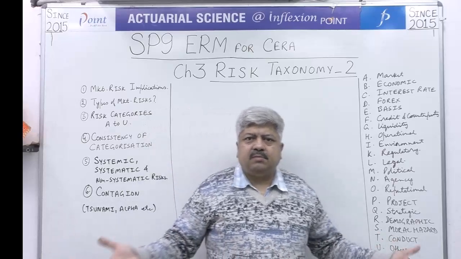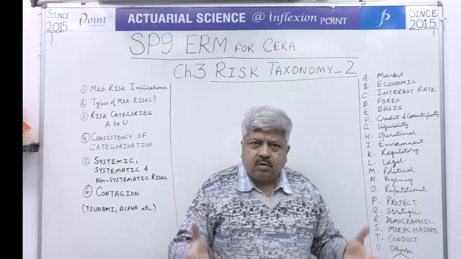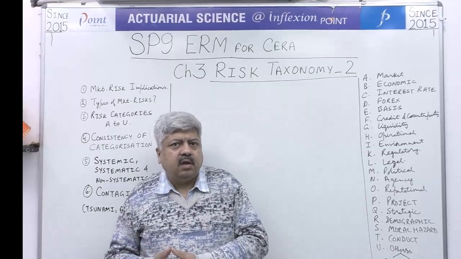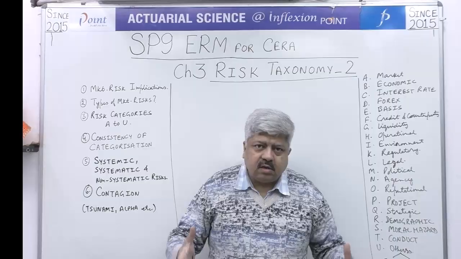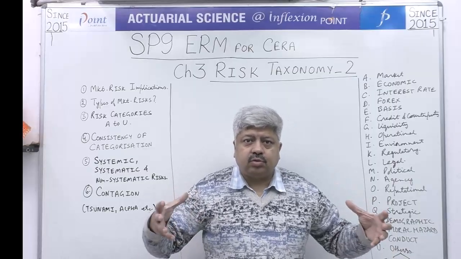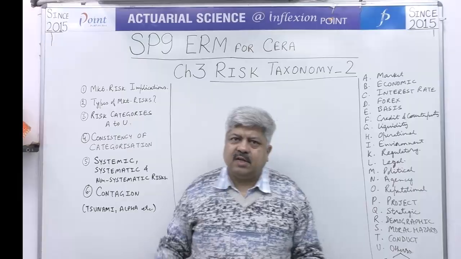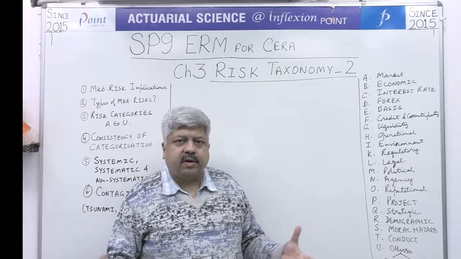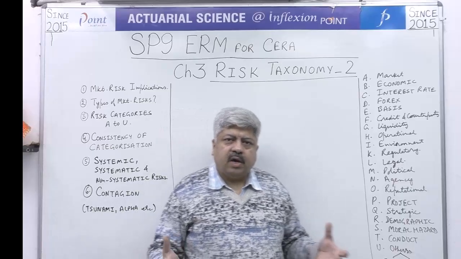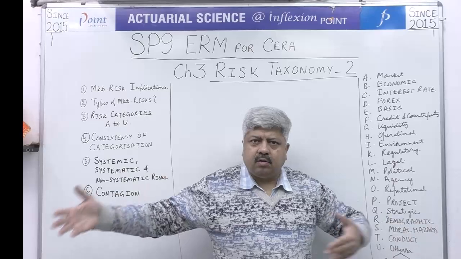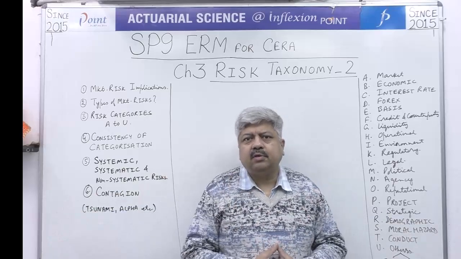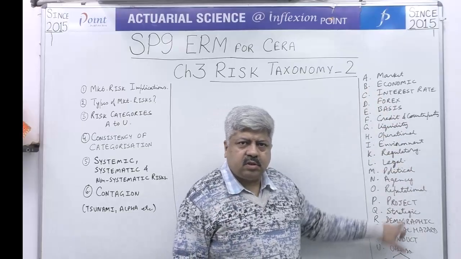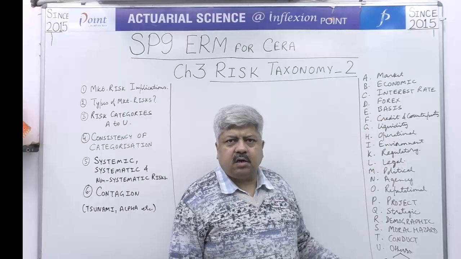And enterprise risk management says that we must not only focus on the downside, we must not only focus on the upside. For a healthy, holistic risk management, we must focus on both the upside as well as the downside. So what can change? Market. Market, maybe financial market, non-financial market. Just to give you one example of how this can be a source of risk, change in the external environment.